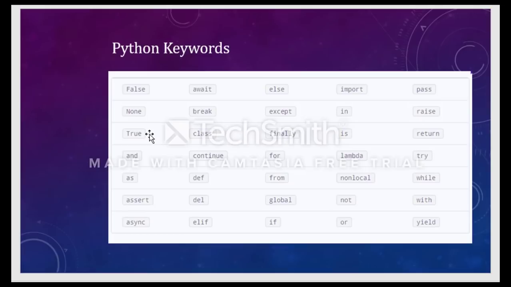All these different keywords are going to be used while writing the program. So that is about the Python keywords. There is nothing more to learn about these keywords, because once we start writing the code, we will be able to feel the importance of these keywords.